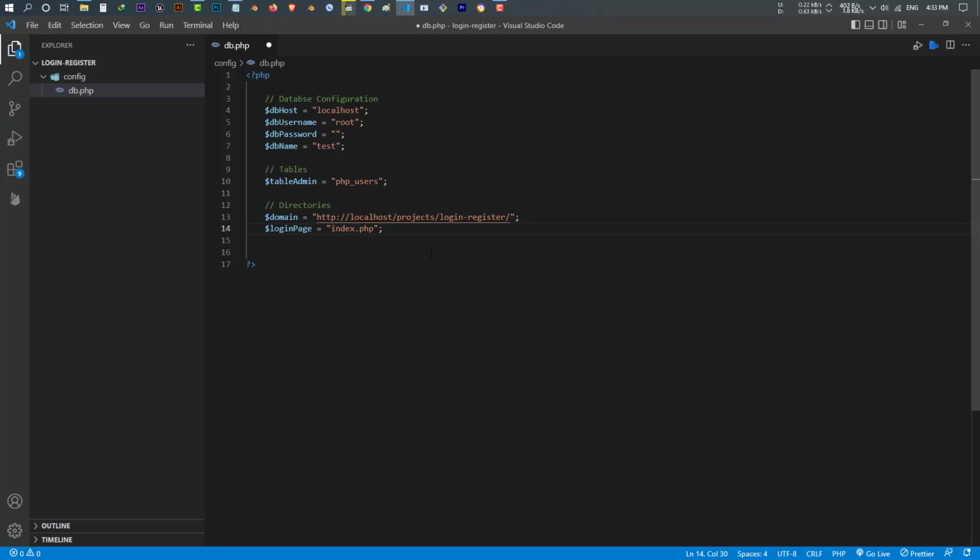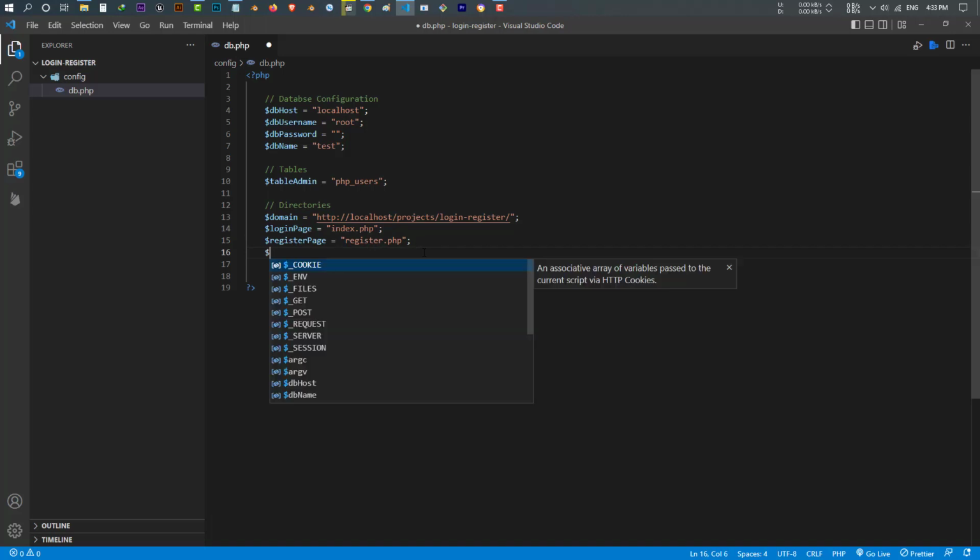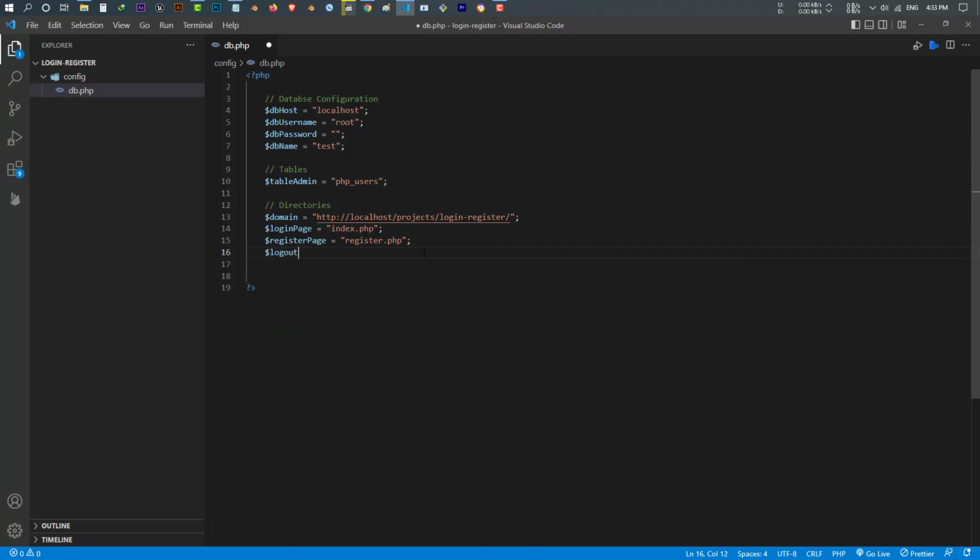Okay, and then my register page, and I will make it called register.php. These are the pages we will create in a moment. And then my logout page, and that could be logout.php. And then what I need is the dashboard page, which in this case I call home.php. These are the names which we use later in our code. Okay, enough talking. Now let's create